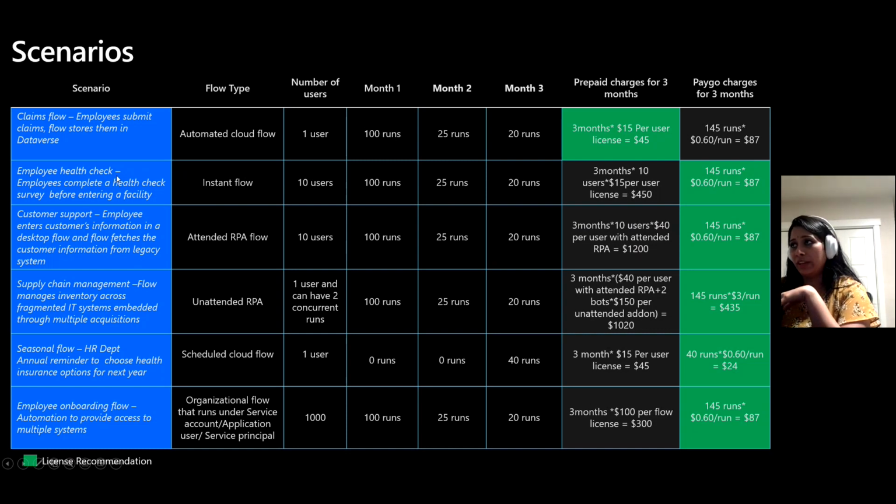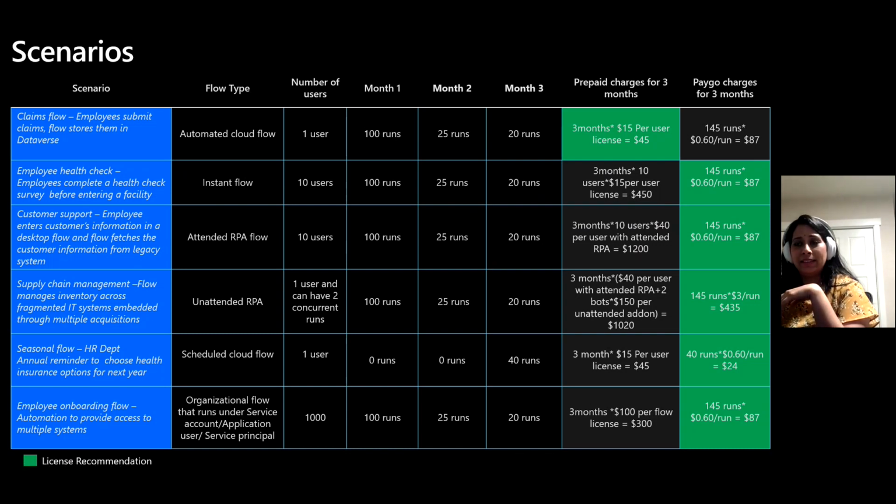And let's say if this flow is on prepaid, for the 3 months, there are 10 users using that, so every user needs a license. That's 10 multiplied by $15, which makes it $450 for this particular flow in 3 months. And if this flow is on pay as you go, it's 145 runs, 60 cents per run, it's $87. So it is much more economical to be on pay go in this situation because there are multiple users using it, and the runs are high too.